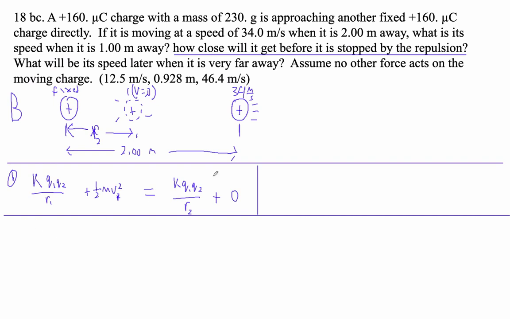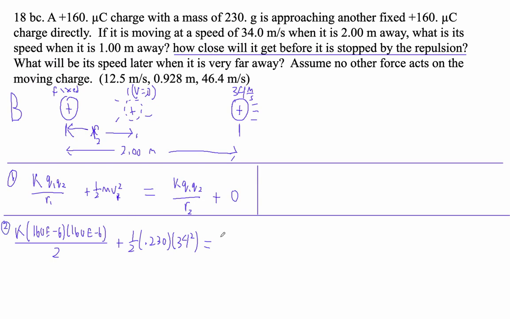So K, 8.99 times 10 to the 9th, times 160 e minus 6 times 160 e minus 6, divided by 2 meters away to begin with, plus 1/2 times 0.230 times 34 squared equals, this is our second step here,